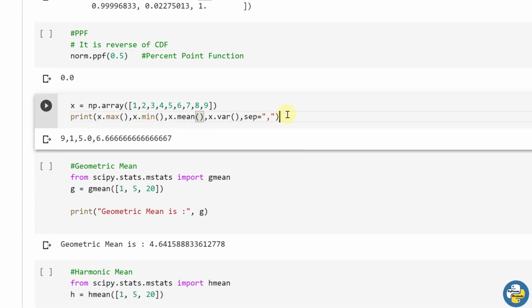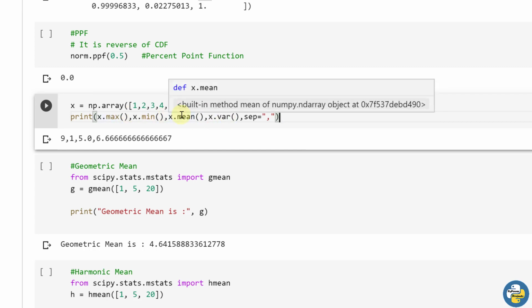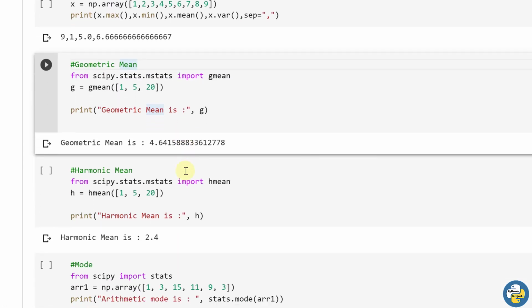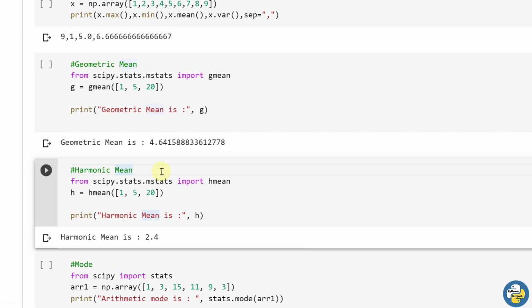You can perform various operations like max, min and variance using this module. This is geometric mean. For that you have to import scipy.stats.mstats, and from that use the gmean method. So gmean of an array generates the geometric mean of all the elements present in the array.